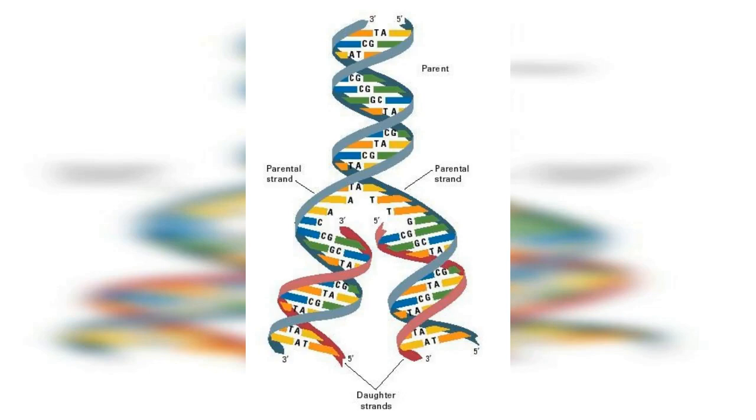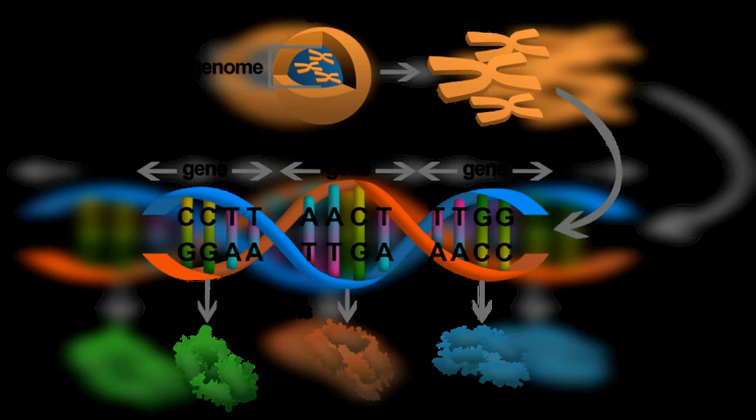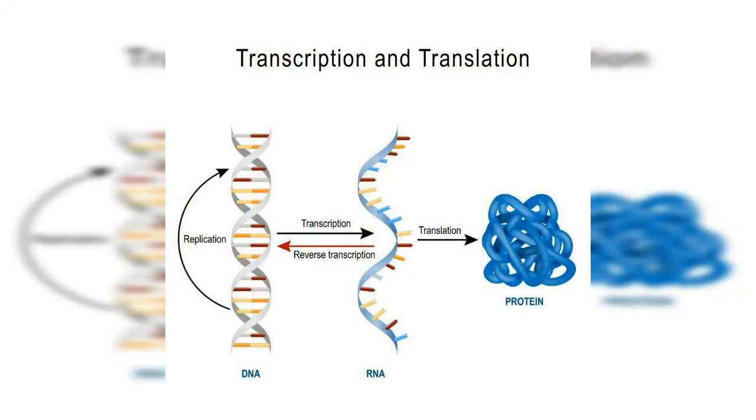damaged cells. In addition to its role in inheritance and cell division, DNA also plays a critical role in protein synthesis. DNA contains the instructions for making proteins, which are responsible for carrying out many of the functions in the cell. During protein synthesis, the DNA is transcribed into a molecule called messenger RNA, mRNA, which is then translated into